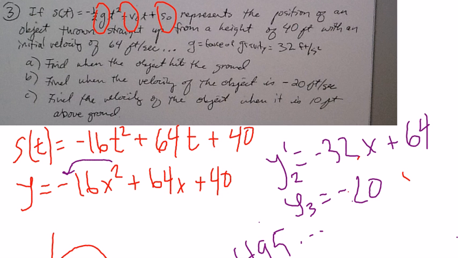And then question C asks us to find the velocity of the object when it is 10 feet above the ground. Well, first we have to figure out where this object is 10 feet above the ground, and by where I mean when, because our x values are time. So at what x value is this object 10 feet above the ground? Well, graph the line y equals 10, and calculate the intersection point between that and your original function y1 to find that the object is 10 feet above the ground at t equals